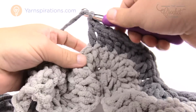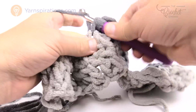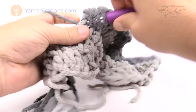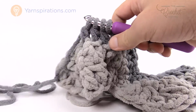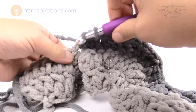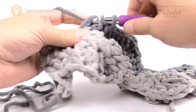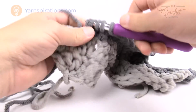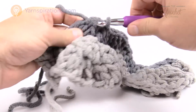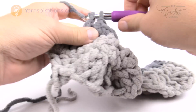The next 3 are together, so they're in the bottom. We're bringing them together so we can turn that corner at the bottom. Once you get your 4 loops on there, just put them together and then go up the other side. So the first 3 are together, like so, bring it together. The next 3 are by themselves. So 1,